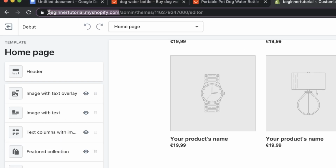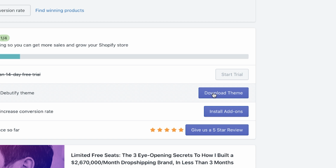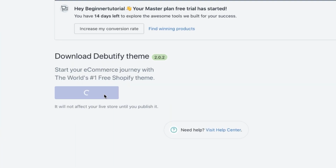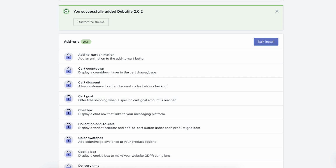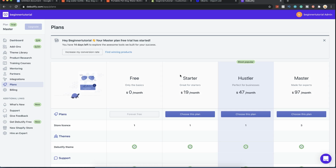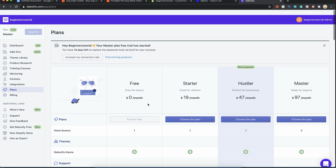So Shopify beginnertutorial.myshopify.com, and just copy and paste it right here. Once you install the Debutify theme, you simply download the theme, add to theme library, and then you could also alternatively install all these different add-ons, but these come at a paid price point. So if you want to pay a little bit extra for these different add-ons included with Debutify, you can,